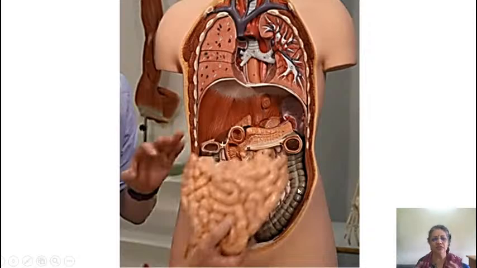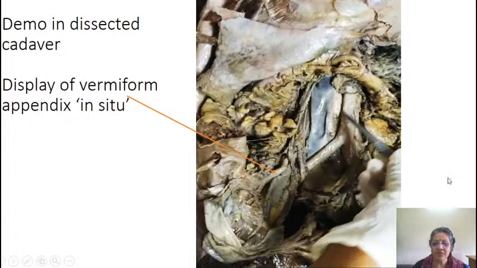But this is how we show it in a plastic model. It's simplistic in one sense. It is childish, but it is a necessary concept for you to have because you haven't done the dissection yet. That there is a layer by layer. There's an anterior or superficial, and then deeper structures. So after we remove the small loops of intestine, if you're doing it in a dissected